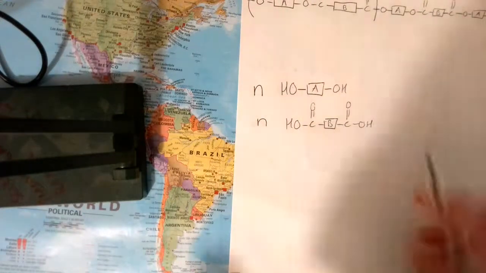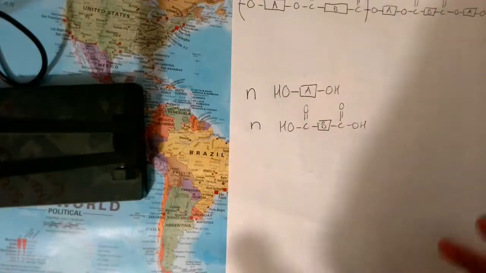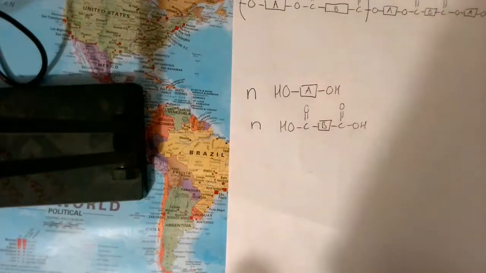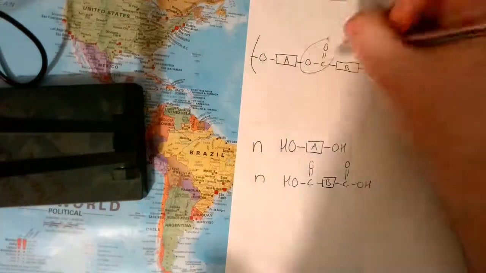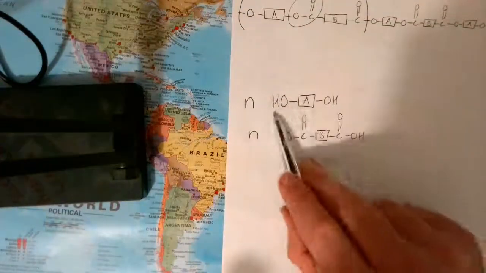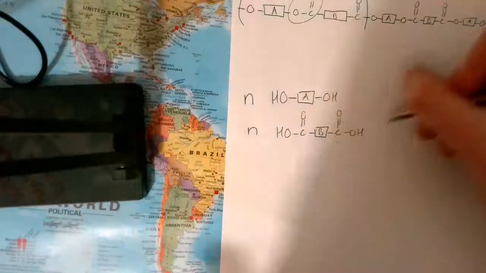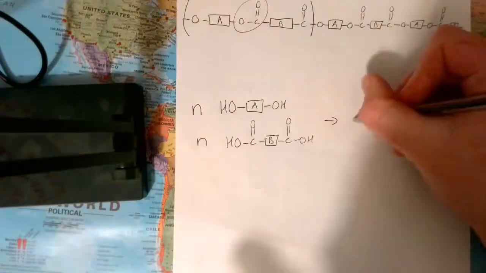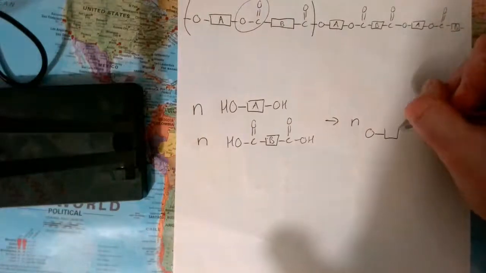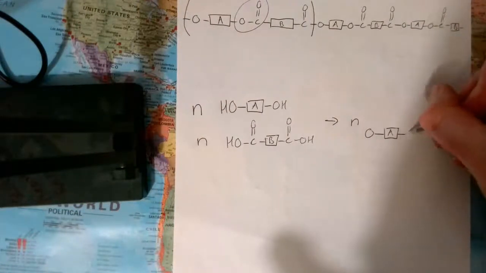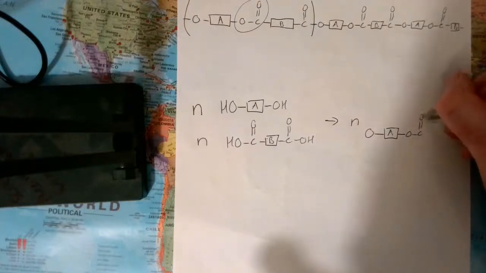Now if they don't put A and B, they might put something similar in the exam, something completely odd to try and freak you out. Don't panic about it. You just know that that bit's irrelevant. You just need to get to this ester link. So N of those and N of those is going to give you N A with an ester with a B